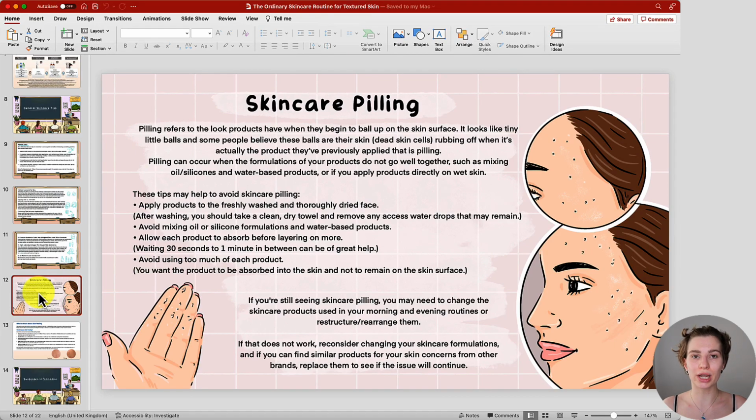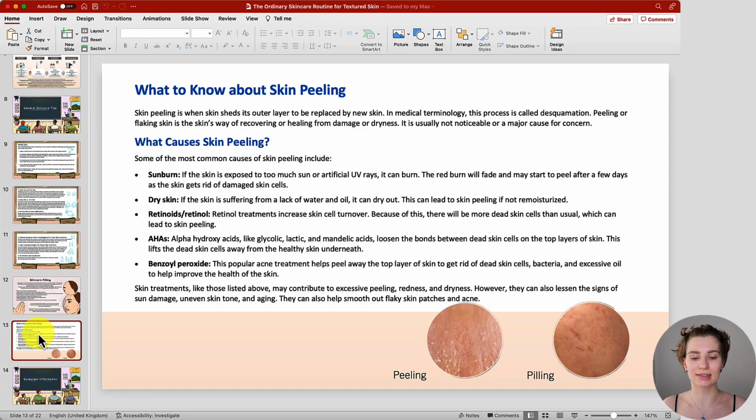Now I'm currently working on a slide giving you the difference between skincare pilling and skin peeling. It isn't completed yet, but it should already give you a brief idea. And here below you can see already some pictures why it is different. So again, with pilling you can see that the serum or even makeup or whatever skincare product that you have used has not fully absorbed into the skin, and when you rub over the skin again, it rubs off the skin surface.